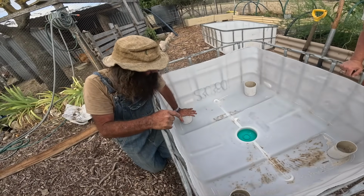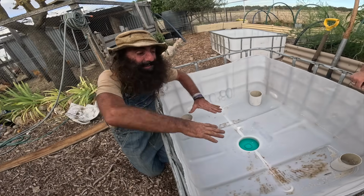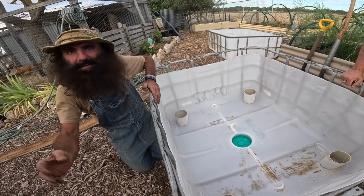These are going to hold the mesh. These are like the well, which will bring the water up through the fabric and the sand, and then the soil will sit here. We'll put an outlet in, and